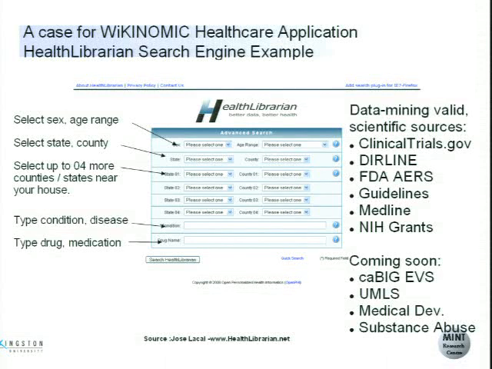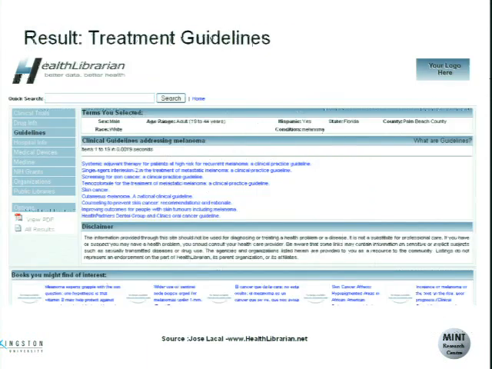So another thing about Wikinomic healthcare is that my colleague who was a manager in Motorola, Jose Lacal, called me the other day and he said, Robert, I set up, after Motorola's recent corporate problems, he left Motorola and set up Health Library. So he set up a whole library, a very interesting one where you can put your name, and then choose, for example, the type of disease or condition you want to look at, and then you click on these and you get